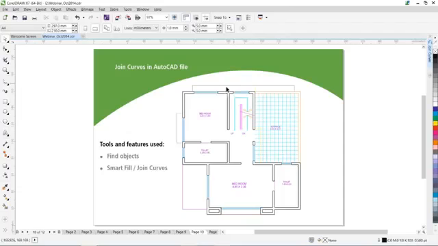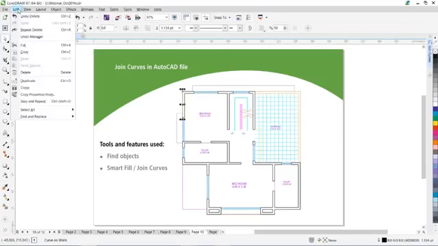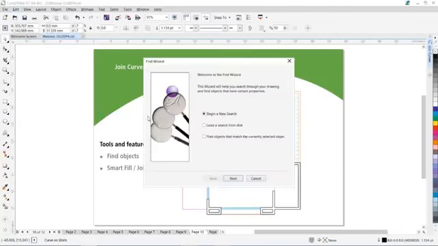So now in this case I need to select everything that is forming the wall here. The easiest way I found, or rather I use, is I select one of the objects similar to all which I want to select, go to Edit, Find and Replace, and I give a command to CorelDRAW to find all the similar objects. So find objects, and here you have this choice, find objects that match the currently selected object. So I just click on this,